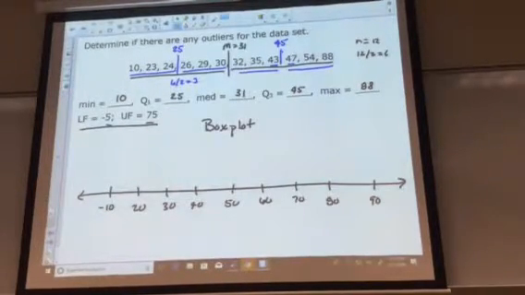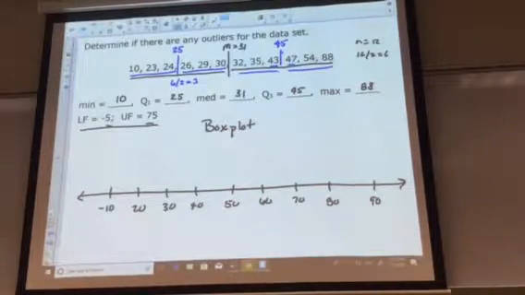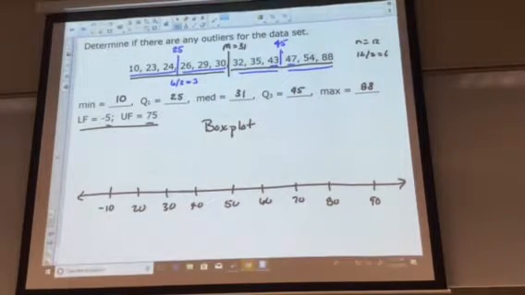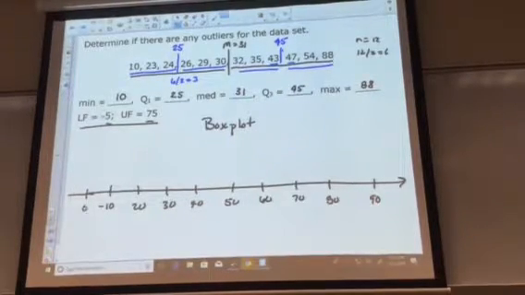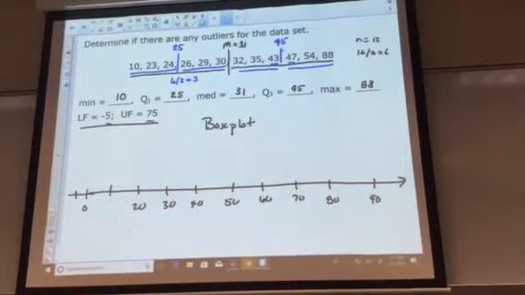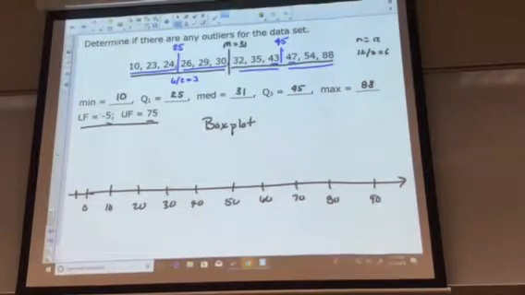Now on your 5-number summary, you start putting information in. Fences first. What was the lower fence? Okay, so I got a problem here already, don't I? That's why you're looking at me funny. So -5 is out here somewhere, correct? See what I did? I just completely ignored the other negative numbers. Okay, so here's where -5 is. -5,